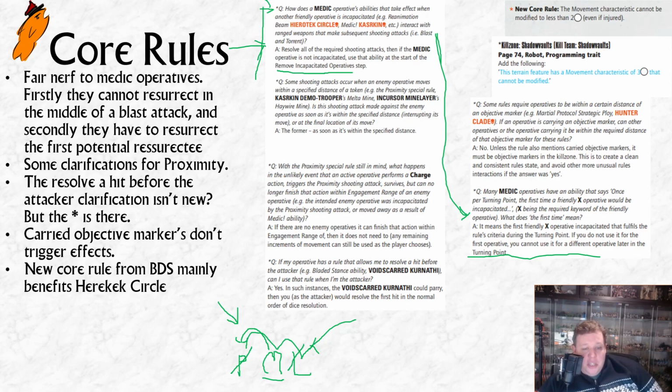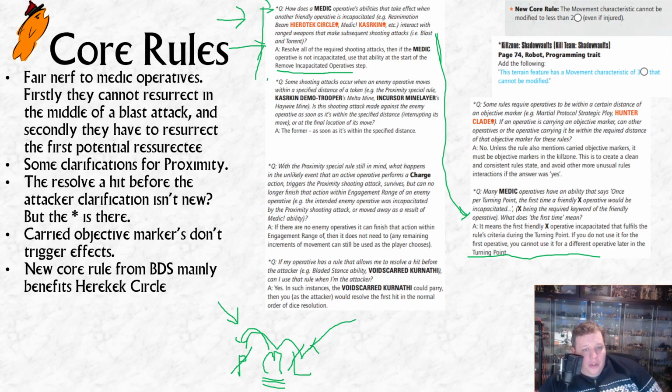So in this specific situation, I would argue, I would play it as the controller of the medic still gets to choose who to try and revive in the specific situation where a group has been taken out by a blast or a torrent attack, because this FAQ here rules that blast or torrent attacks all happen simultaneously. But of course the medic has to survive. I hope that makes sense to people watching at home. If you agree, let me know. If you disagree and you can say why, let me know in the comments. And if you think that my question is definitively answered somewhere else, let me know as well.